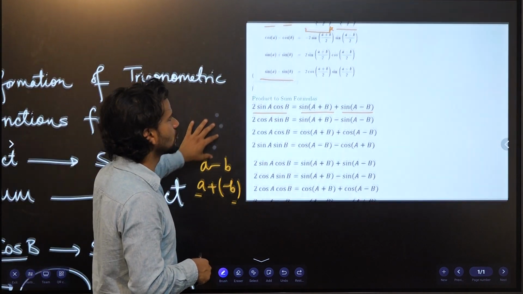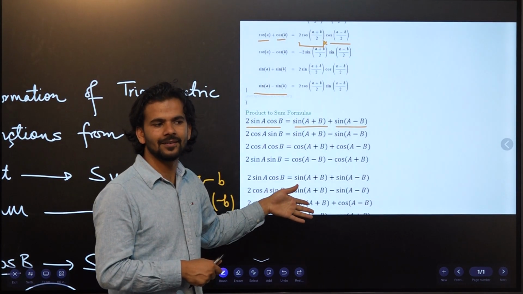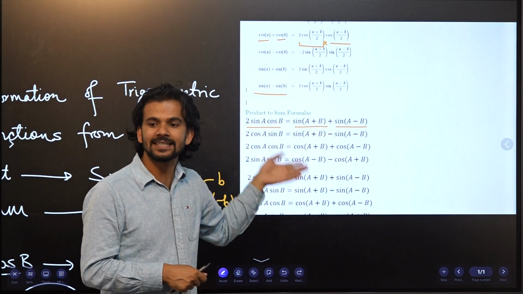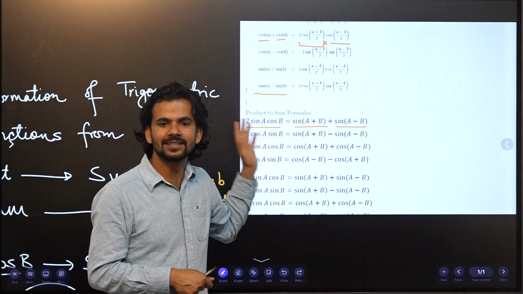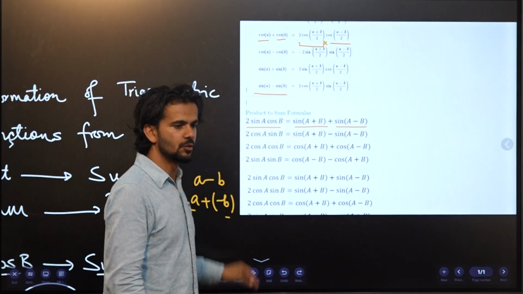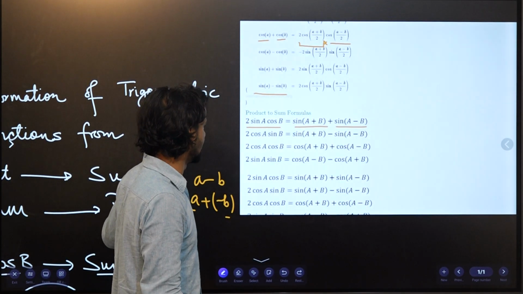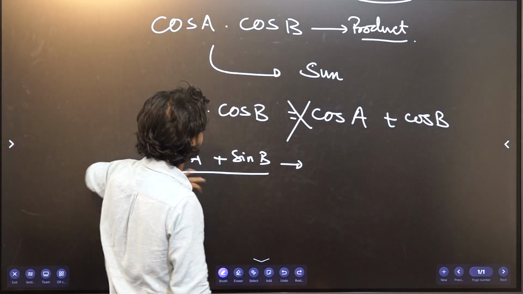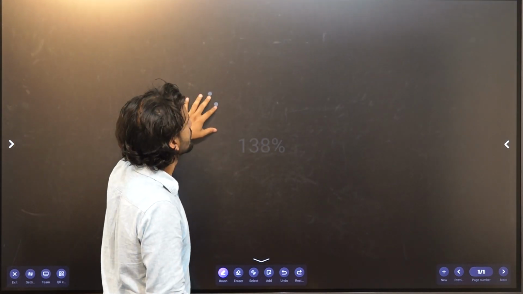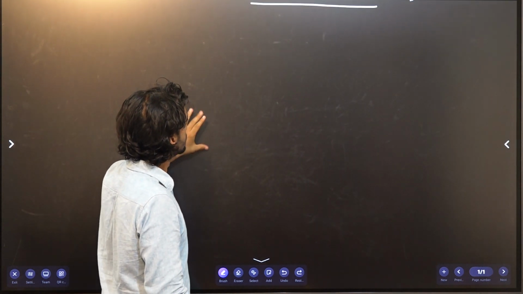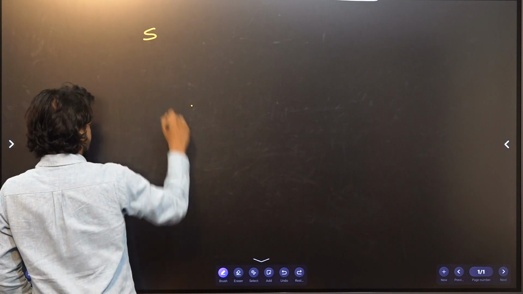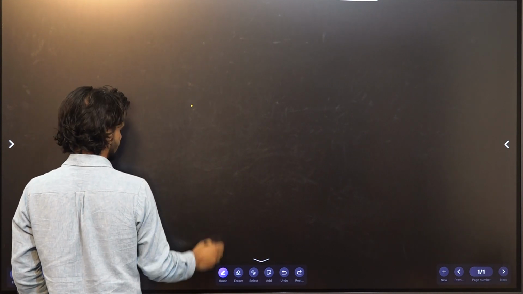So you don't have to memorize all of this, fortunately, because you can derive them. You can prove them. You can find it by yourself. All that you need is, what do we know? Sine